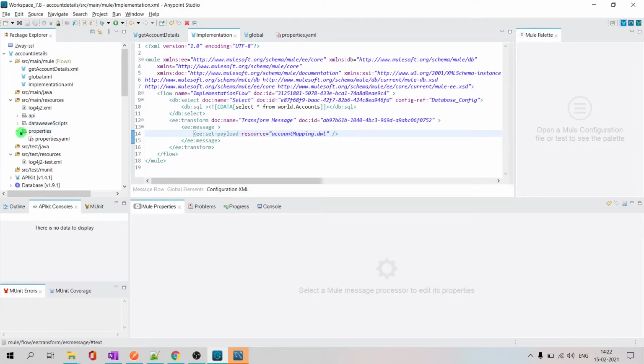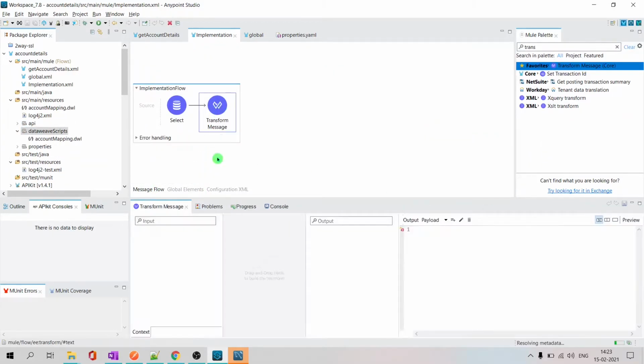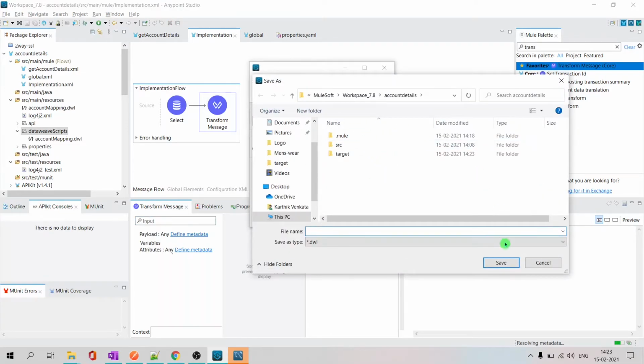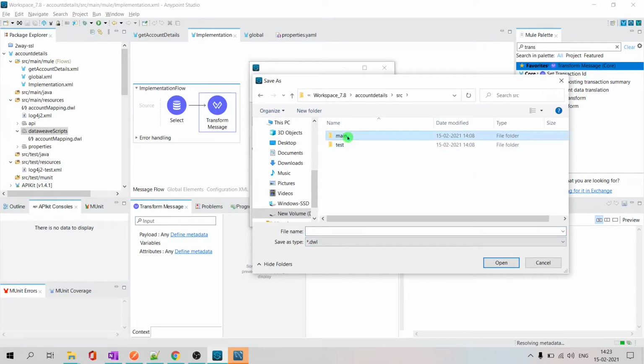And you observe now we have our data view scripts in a separate folder, right? But here we are referring directly to .dwl. By default, the Mule flow will refer to artifacts under main resources. Under main resources, it will search for this, but the location is wrong, right? It is under data view scripts again. So we should tell the transform message flow: go and check the file under main resources, data view scripts.